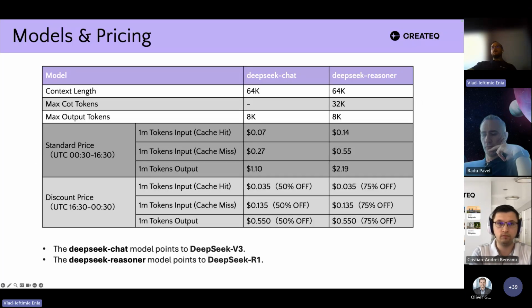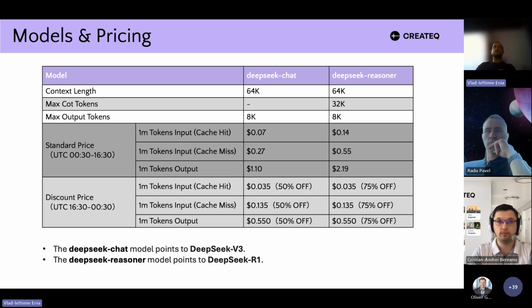Okay. These are the specifications for the two available models. The prices are comparable to the ones for GPT, and you also have discounted prices between 4 p.m. and 12 at midnight. Not the biggest context window, and not the biggest output window either, but it is good for competition.